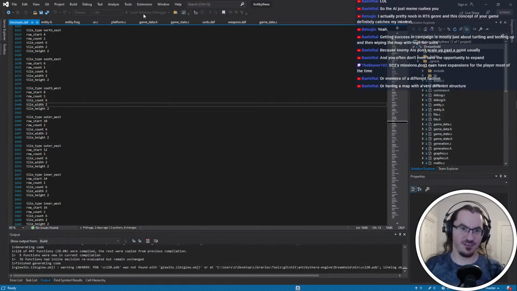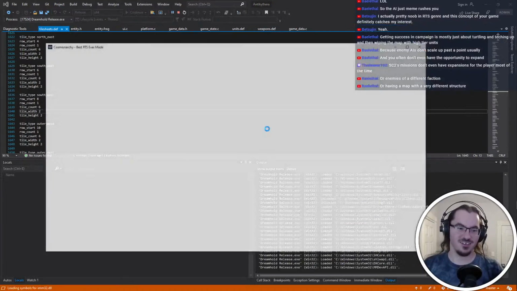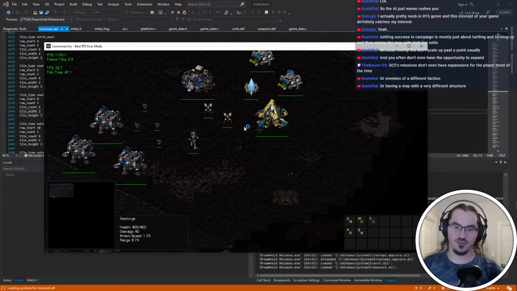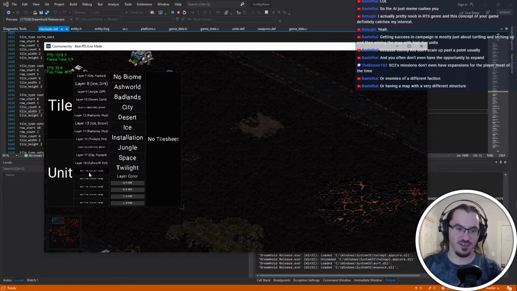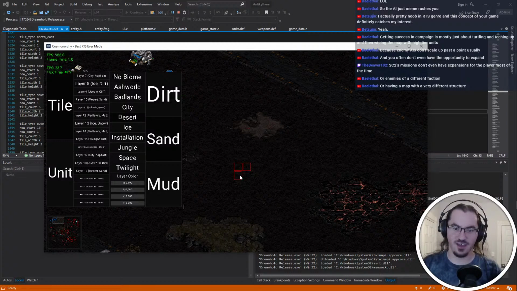Way to prank myself in the middle of trying to show something off. There we go. Now we're talking. So now I'll find a blank layer, desert, sand, paint my sand pattern again. It'll be a bit simpler. And then, all right, I need...